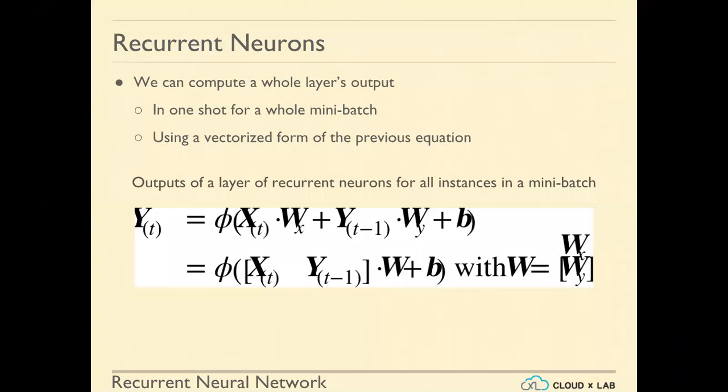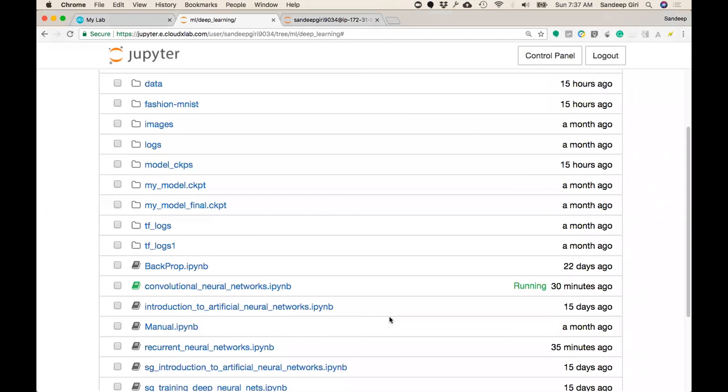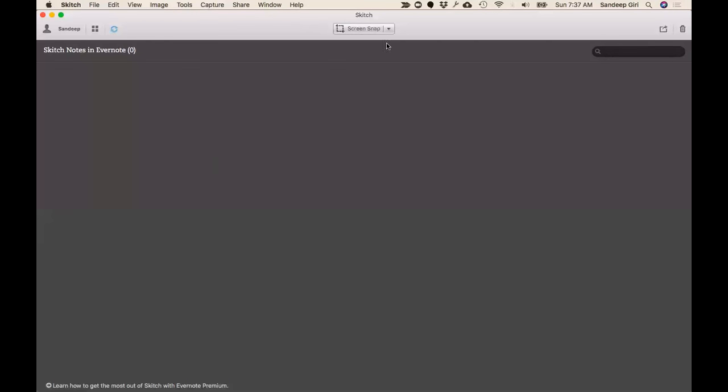Question from Minta: are xt and yt minus one vectors here? Yes. We basically put them as two columns, and then multiply with the weights. And W is nothing but a vertical vector, whereby Wx is one row and Wy is another row. So when you multiply this with W, what is going to happen? Whenever we multiply vectors using the dot product, what we do is, let's say,